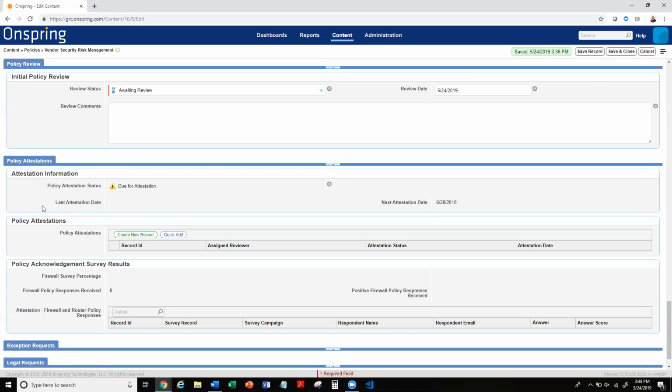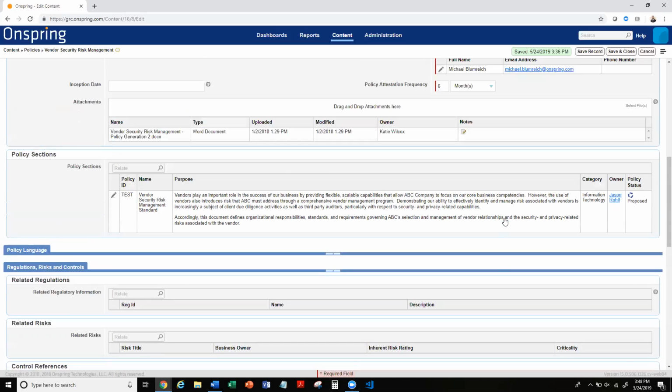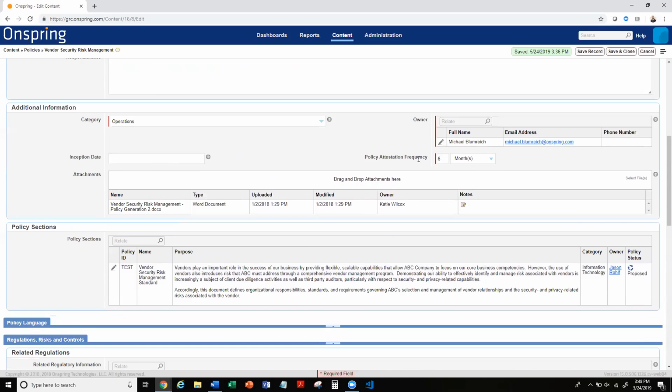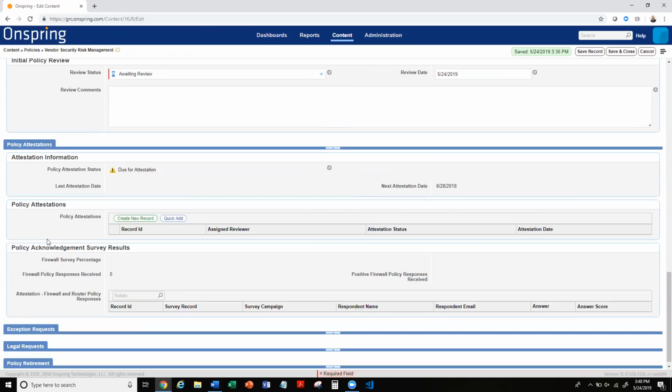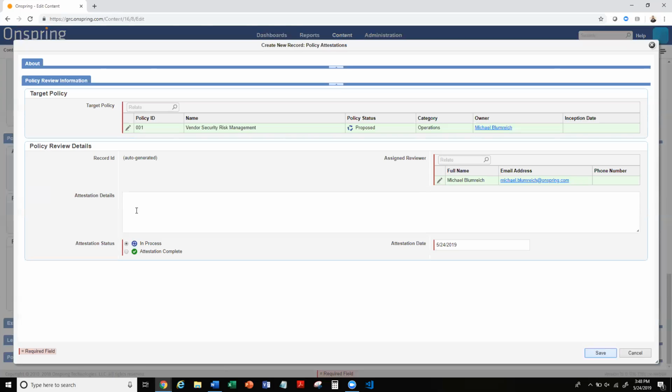With policy attestations, I told you I was going to revisit this in a couple minutes. If I scroll back up here, minimize that. Here's our policy attestation frequency. This is essentially telling us that every 6 months, we need to have some sort of confirmation of individuals that are impacted by this policy on the books. And we can do that in a couple of ways. I'll go right here and just create one. There's the assigned reviewer, me,